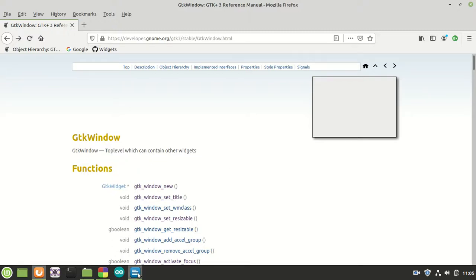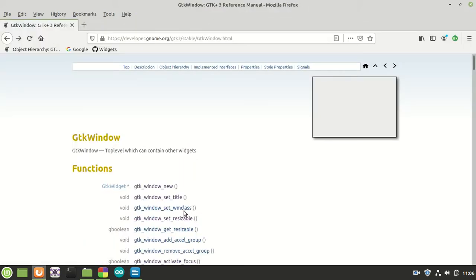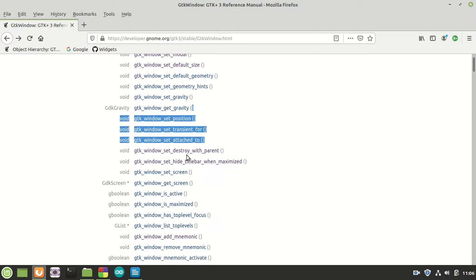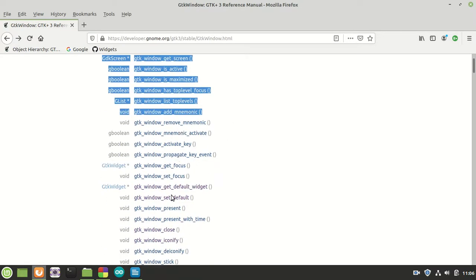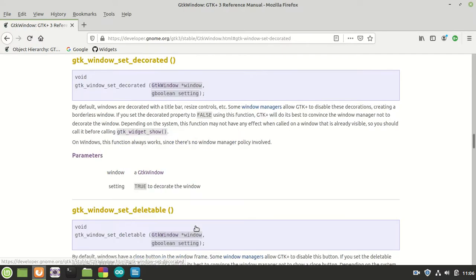Today we are going to talk about new functions, and we are going to talk about GTK window set decorated, which we kind of talked about in some other videos, and we'll see more about those functions as well. Okay, so that being said, we need the function which is called GTK set decorated. Let me find it. Right here, I found it, and it says it's a function which returns void, takes two parameters: the window itself, and